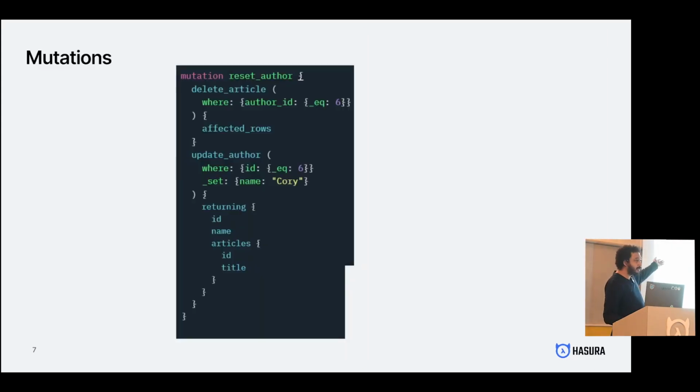So what else can the engine do for you? It gives you mutations. In mutations, you can do nested stuff. You can return, like returning star. Basically, whatever native functionality that database has, our goal is to expose most of that to your API.